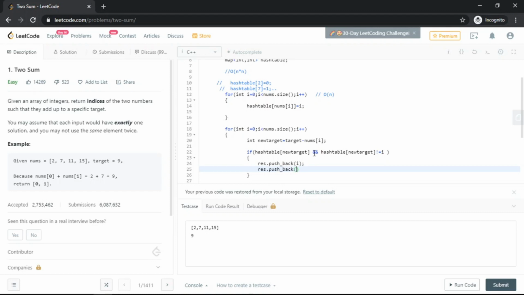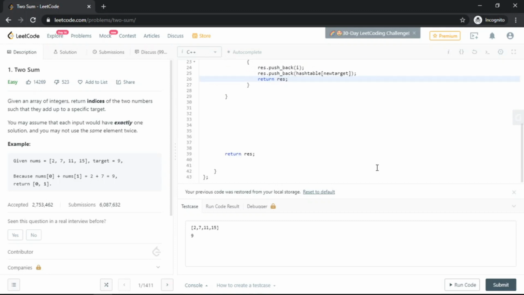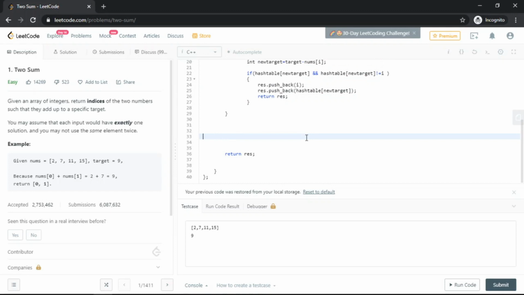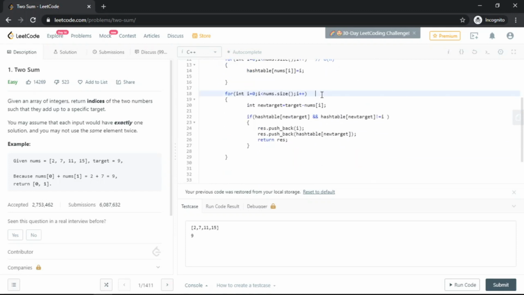Great. And this looks great. So we'll be returning our vector. Okay, looks great, so this will work, I guess. This is also taking big O of n as it's traversing the array.